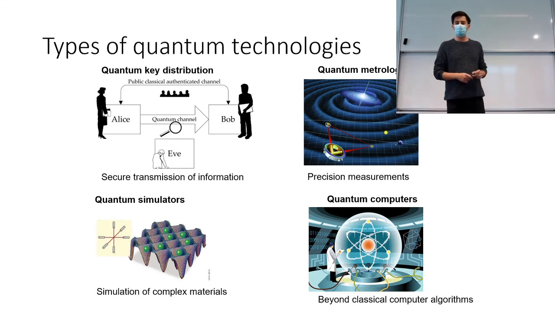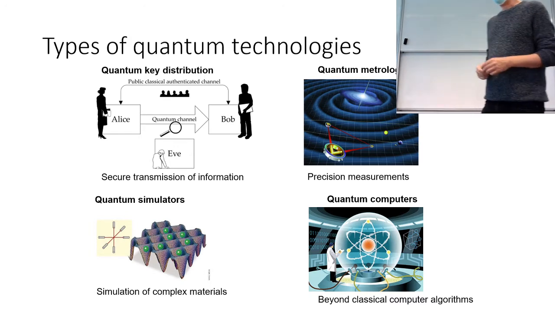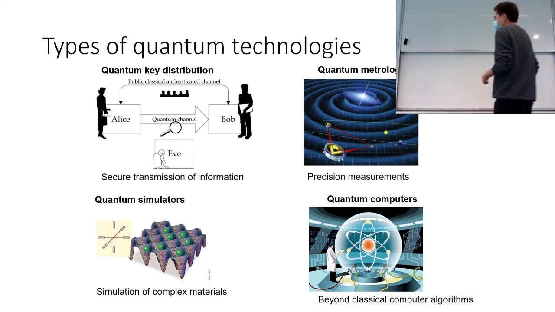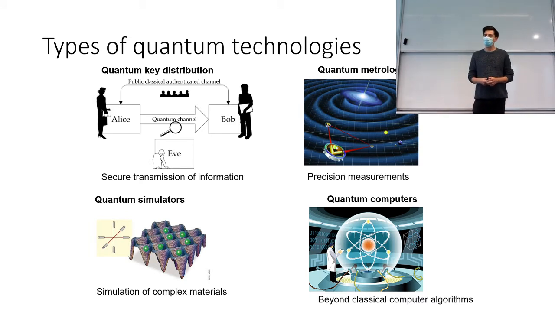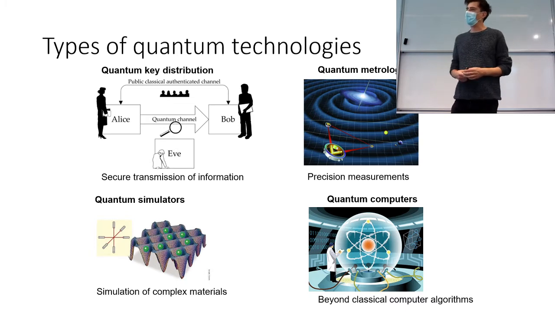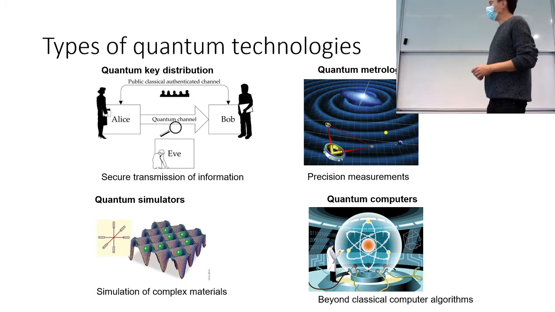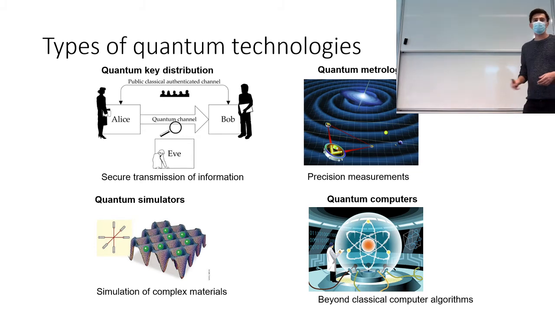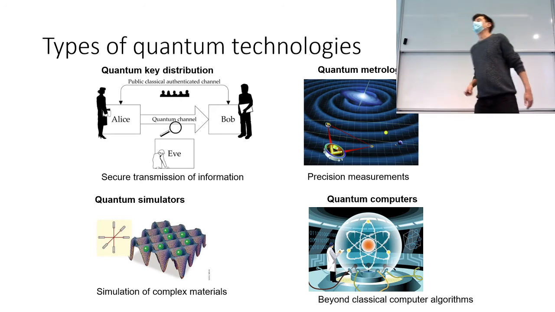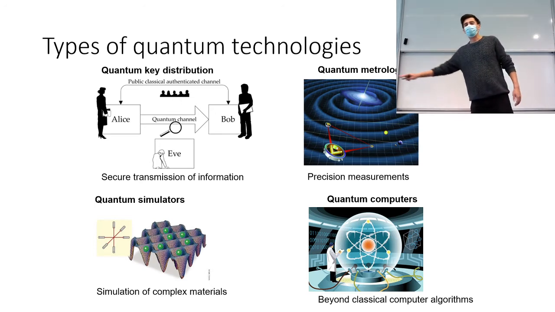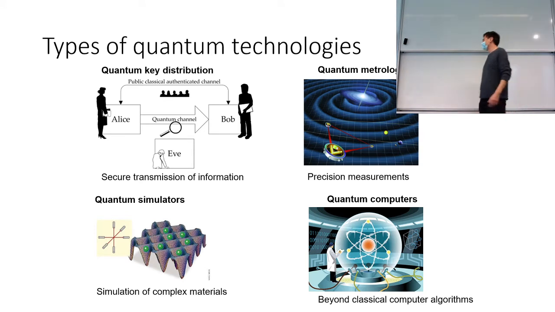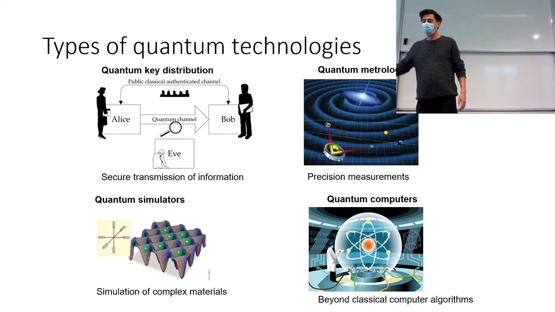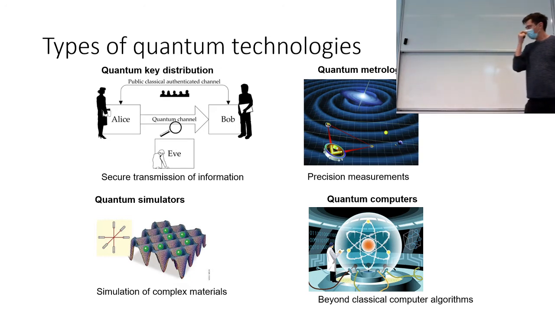And quantum computers is probably the one that is most famous. So of course there are quantum versions of computers with which you can maybe do new types of calculations that you were not able to do on classical computers. By the way, in our field we call these classical computers, as if they are ancient devices, and well, that's a way to distinguish the regular computers from quantum computers. So in quantum computers,